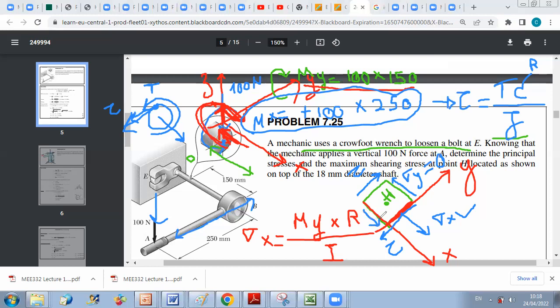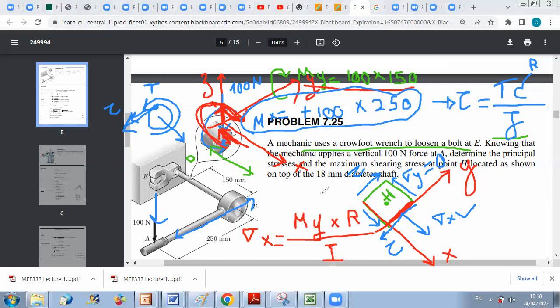In this case, I was able to determine the normal stress in X and Y and the shear stress resulting on this element. And therefore, once I represent the shear stresses acting on my element of interest, I can say that I know the state of stress at point H for frame X and Y, and I can deduce the maximum shearing stresses